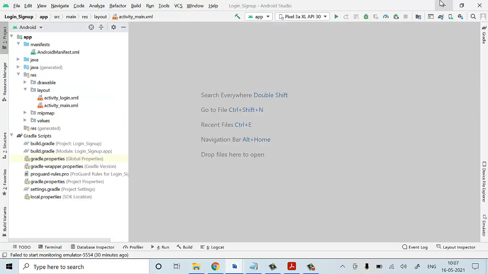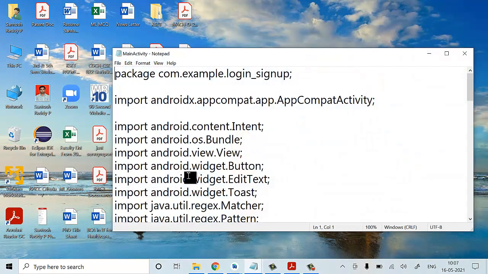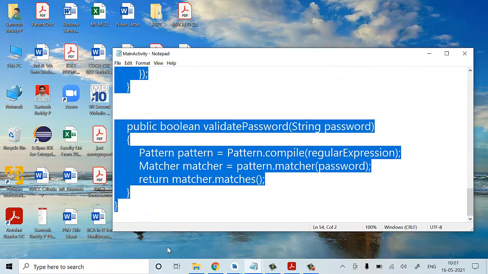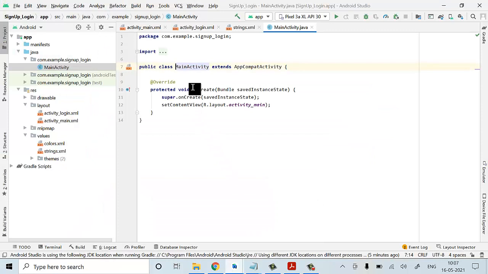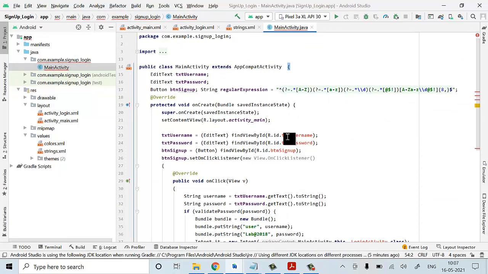Okay, first what I'll do, I'm going to open my activity code. Just I'll copy paste the code which I have written earlier. I'll paste it now here. Now here you can check it out.